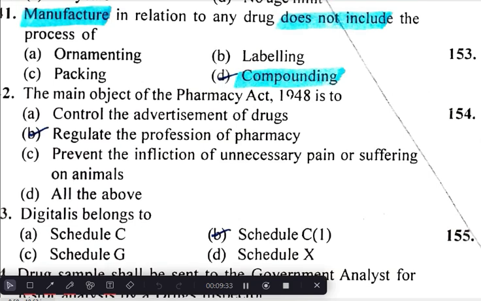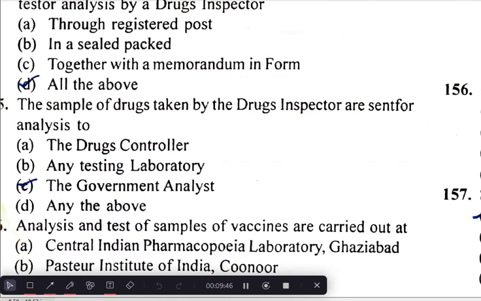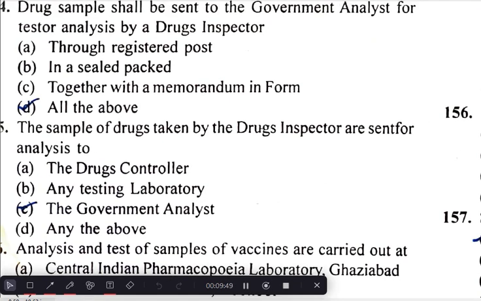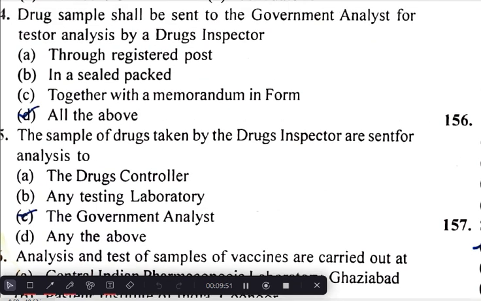Manufacturer in relation to any drug does not include the process of compounding. The main object of the Pharmacy Act 1948 is to regulate the profession of pharmacy. Digitalis belongs to Schedule C1. Drug samples shall be sent to the government analyst for test or analysis by the drug inspector through registered post in a sealed packet together with the memorandum in